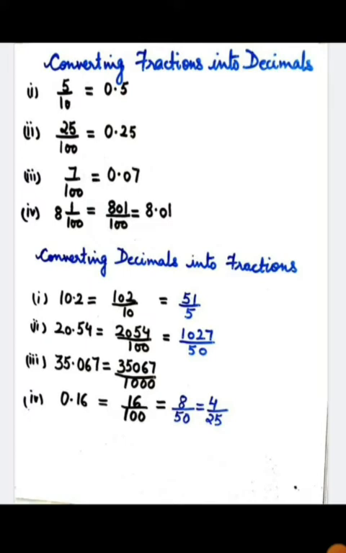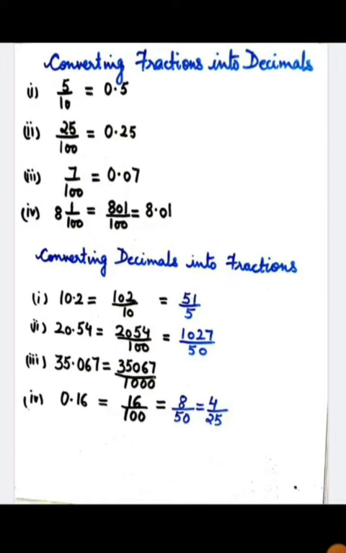Now you have to make the denominator. How will you make it? You will count the places which are written on the right side of the decimal. As you can see, on the right side of the decimal, there is only one place, that is 2. So, in the denominator, first of all, you will put 1 and then you will put 0, making it 10. That is, after the decimal there is only one place, so you will put only 10. And our answer is 102 upon 10.